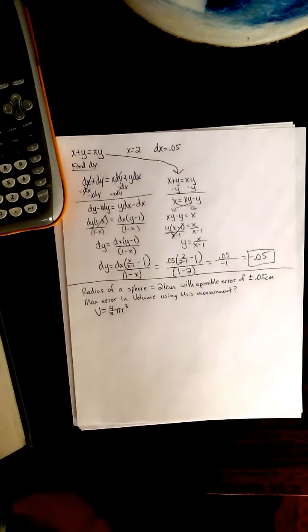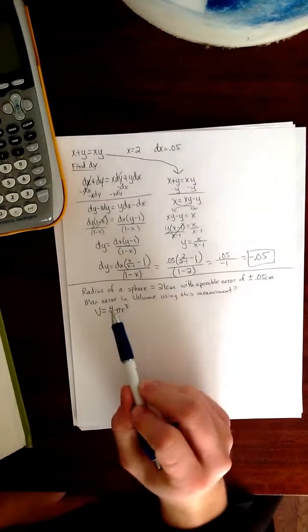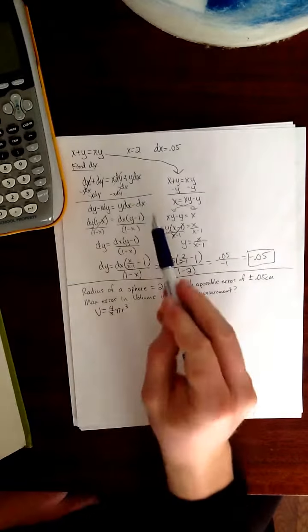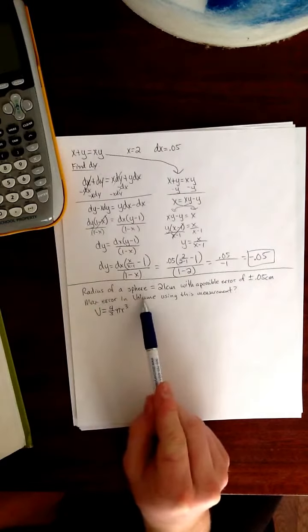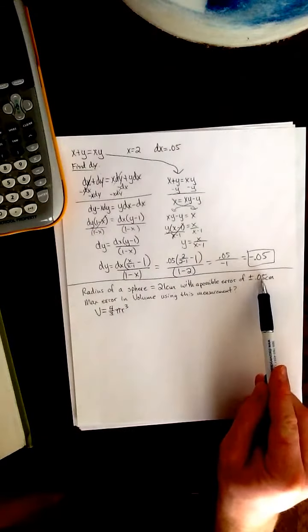So here we go. Max error in volume. Basically, the whole idea here, we could calculate the volume using this measurement, but what would the change in volume be? So that'd be the error in the volume. If we change the radius by